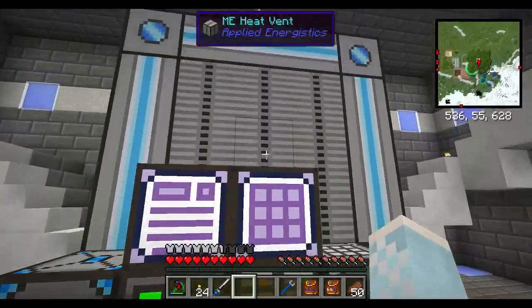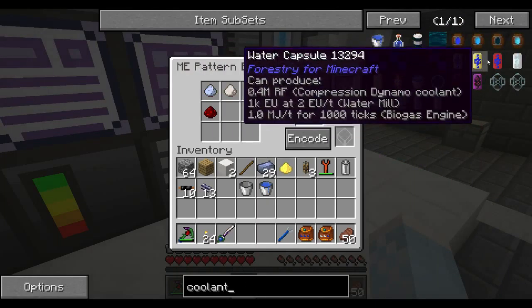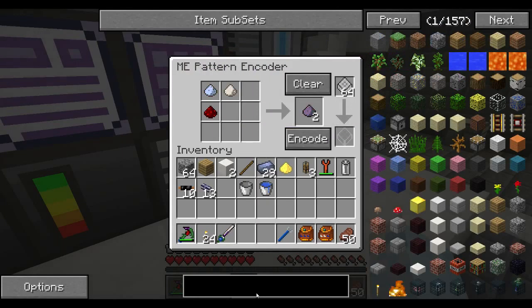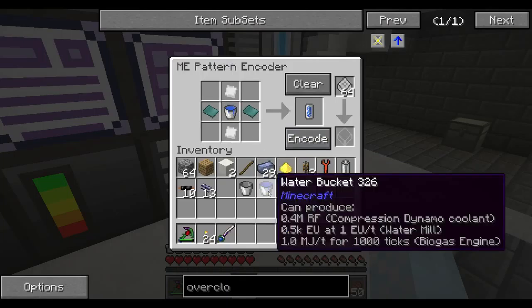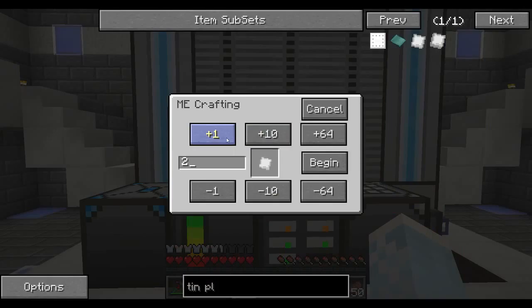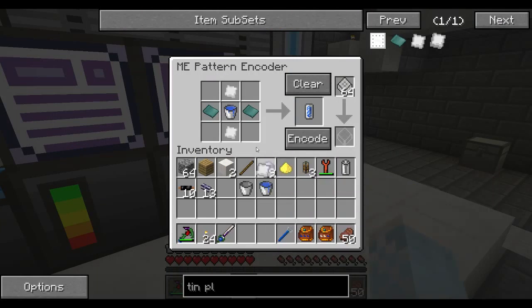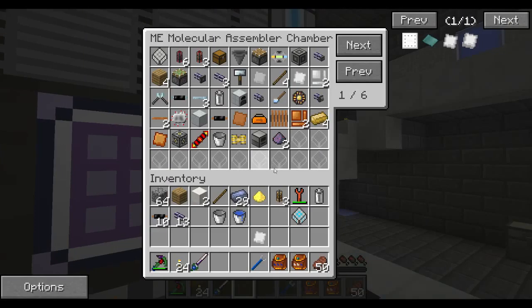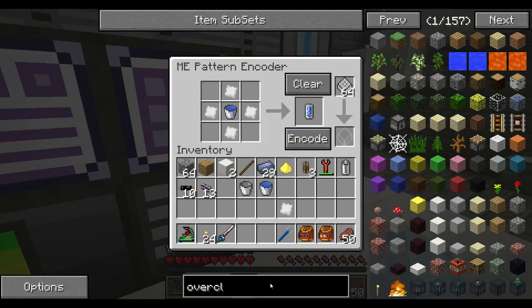So the next step is to encode the other pieces of the puzzle. Coolant. Actually, we'll just look for overclocker. So we want these, but we're going to need... that was kind of pointless, because let's see, 10 plate, I think. I just went ahead and crafted a few because I knew I was going to need them. So it should be that to make one of these, and then the overclocker itself